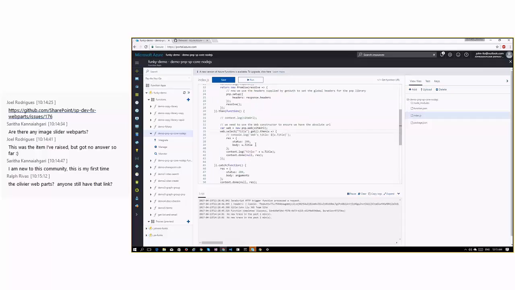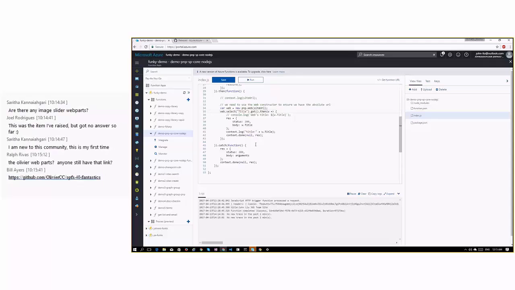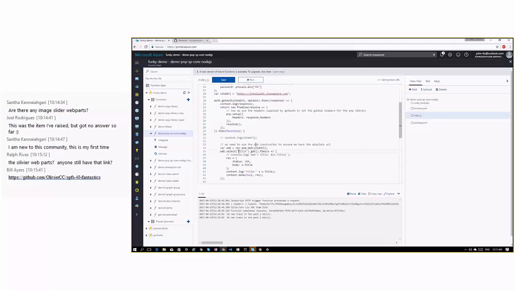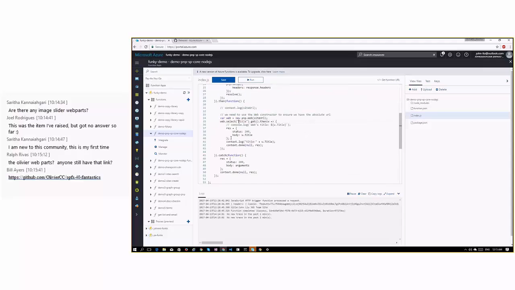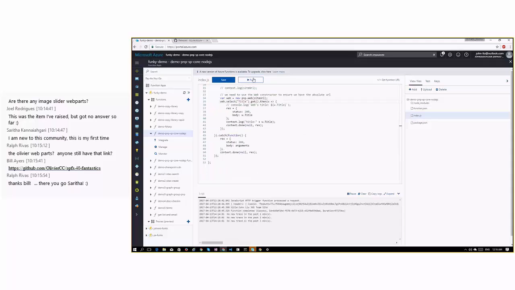So say if you have built up some JavaScript library based on the PnP.js core that you run in the browser, you can move that code into the server and have that run on a schedule or on some trigger instead of relying on a browser session to run them. So I really like this because this goes to that isomorphic and universal JavaScript idea, where the same JavaScript you could run in the browser, but you can also run inside Node.js on the server. So if I just hit run here,